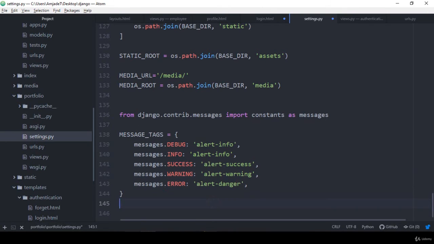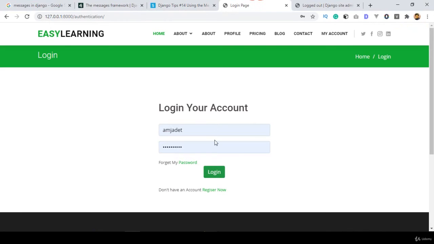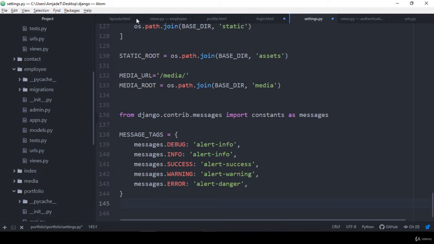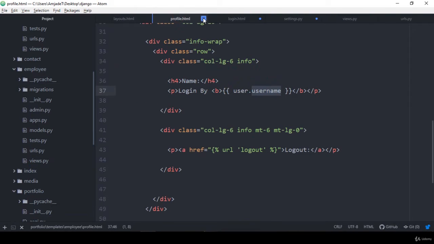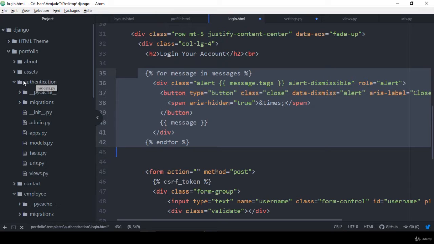So now I want to make it visible. Here I want to make that condition visible. In the condition area I just put that condition in our view, right? That means right now we don't need this, so I just simply remove it. There is a profile HTML, so I just take it. There is our login, and in the authentication.